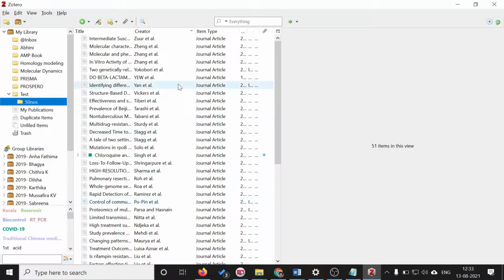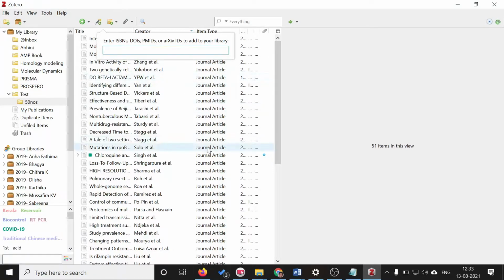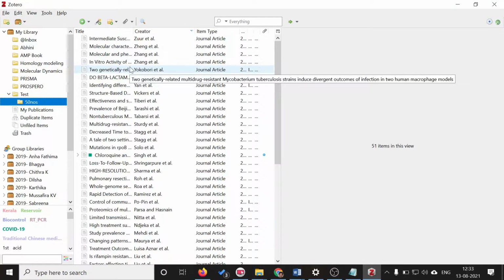So this is how you import the entire list or fetch the concerned article using unique identifiers like ISBN, DOI number, or PMID of the article. As I mentioned, the articles listed in Google Scholar or some other non-standard databases may not have this type of unique identifier, or if it is present, it may not be valid because it is not a properly indexed journal.